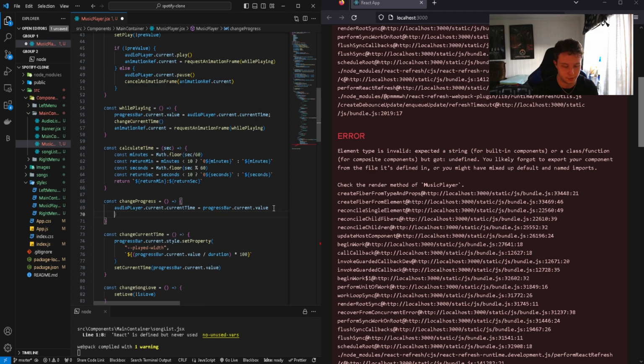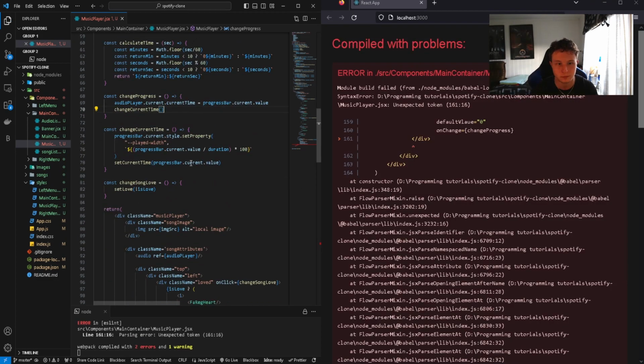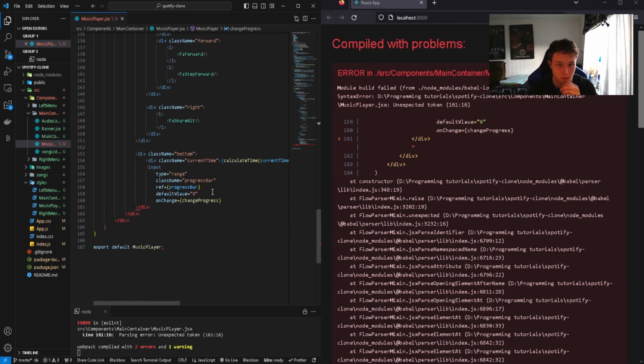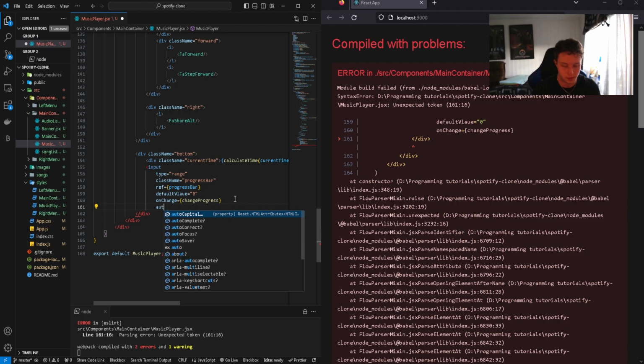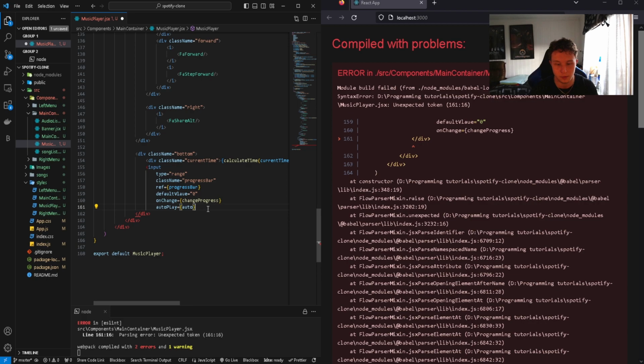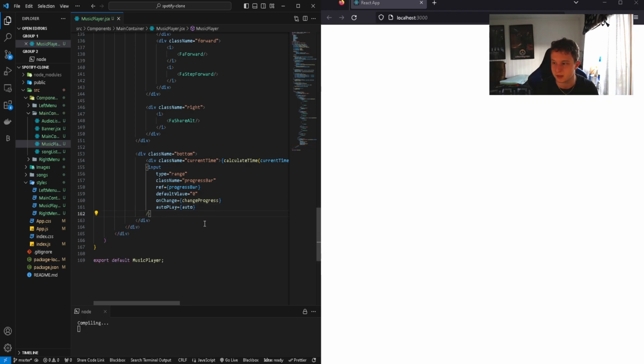And we also want to call the change current time function here. Okay, so let's go down here and carry on with our inputs. So that's going to be change progress, and we're going to have autoplay equal to auto. Autoplay just like that. Yep, and now we want to create the end tag of the input just like that,